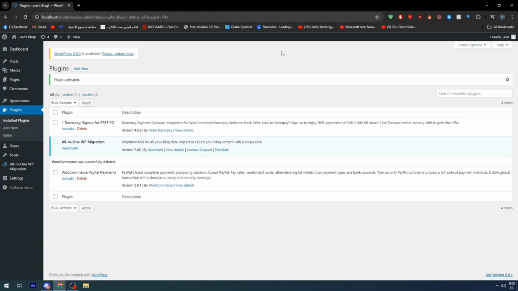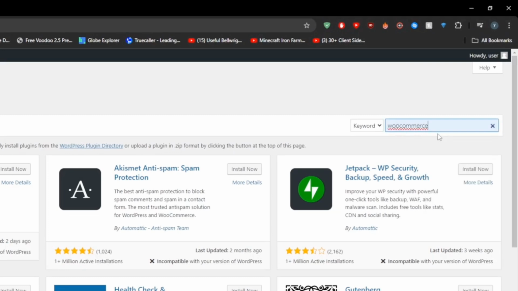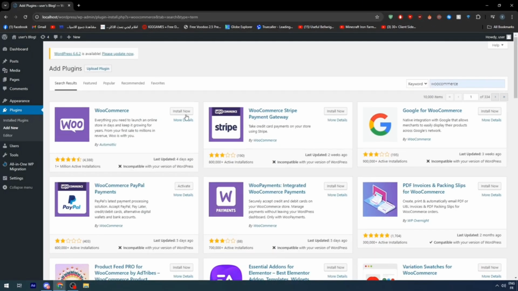Now, if you were to try and add WooCommerce back, how does that work? Just simply head back to the add new plugins tab on the plugins menu. So we have installed, we have add new, and we have editor. So go ahead and click on add new, and you'd be taken to the page where you can add your WooCommerce back, and simply search for WooCommerce. And go ahead and click on install to reinstall WooCommerce onto your device using the keyword